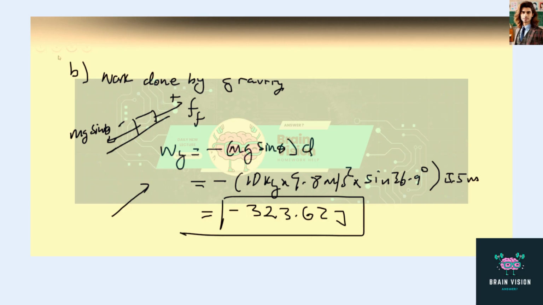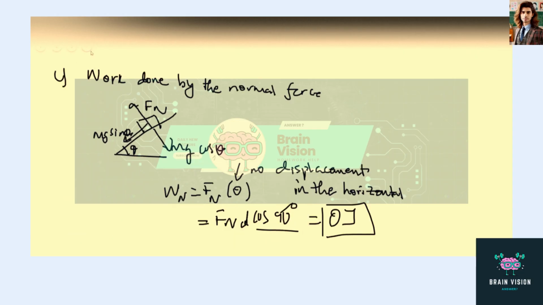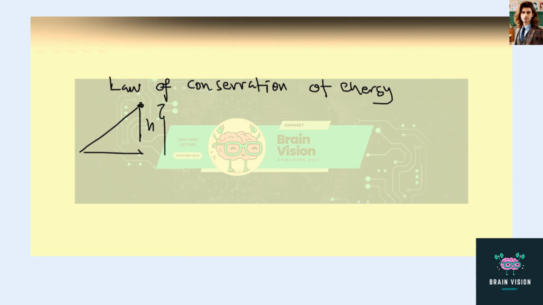So coming back, we just want to make sure that we got all the answers right. Work done by friction, work done by gravity, and then work done by the normal force. Another way you could solve this problem is by using the velocity. Remember, they gave you the velocity. So if you wanted to do work done by friction, you'd use the law of conservation of energy. You can see from the incline that this height gives us mgh. The object is moving upwards like this. So 1/2 mv squared